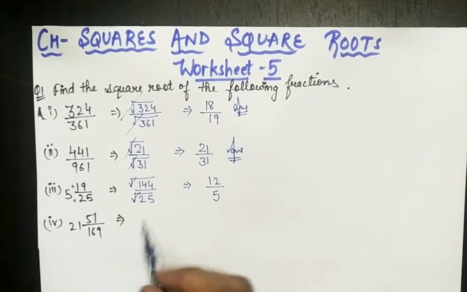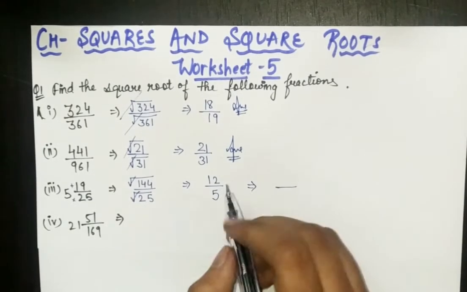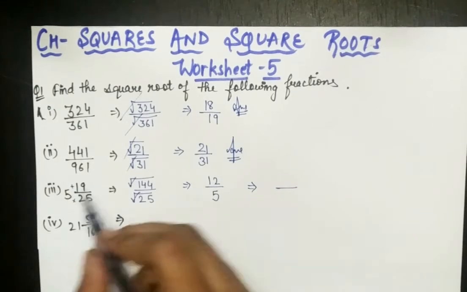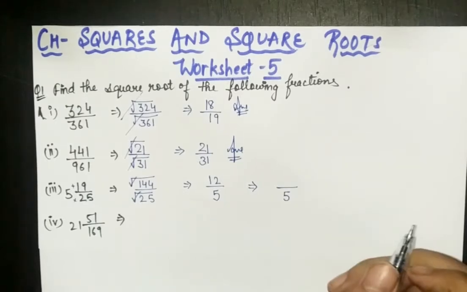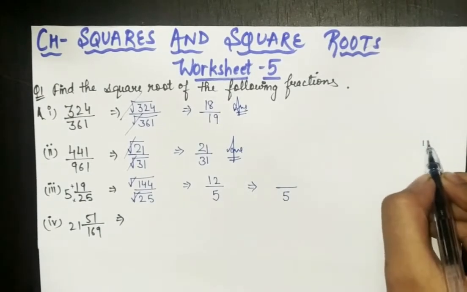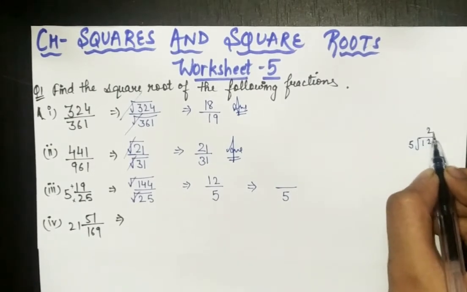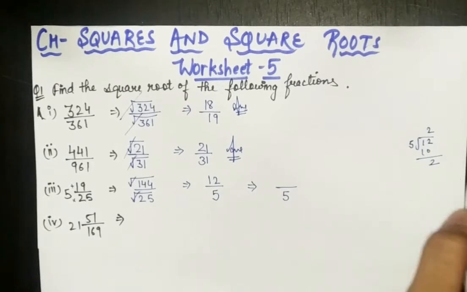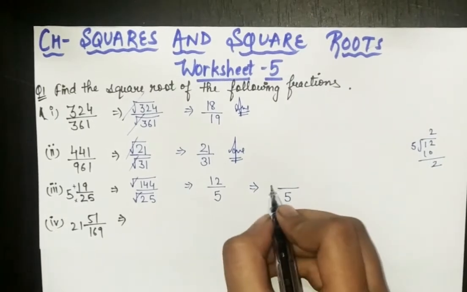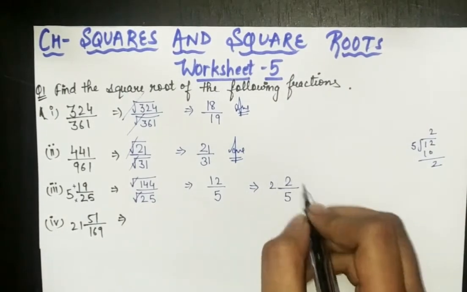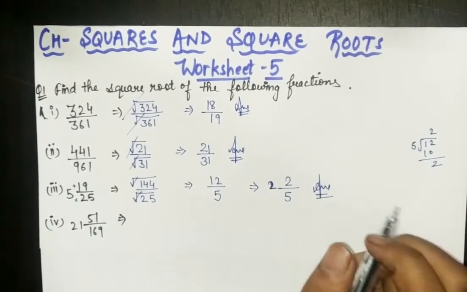Now this is already in mixed fraction. You have to do this also in mixed fraction, means first how to convert this number into mixed fraction. The denominator will remain the same here also. Now you have to just divide this number. 12 divided by 5 will be 2 and 2. So you will be writing 2 as the quotient and 2 as the remainder. So this will be in the mixed fraction. I think this much is clear to you, means this is the answer for this part.